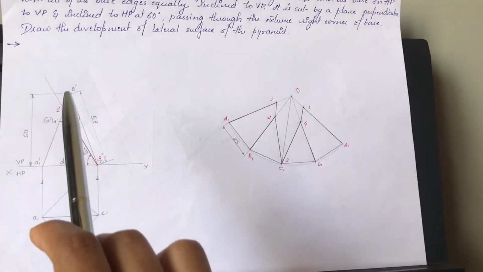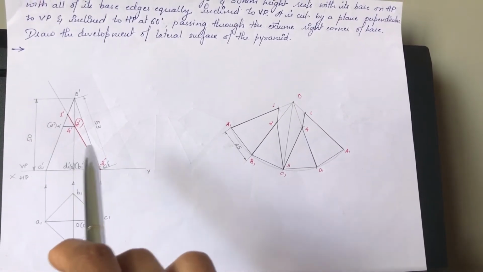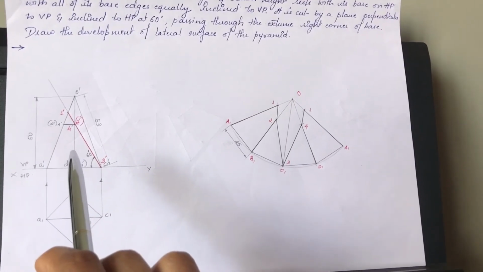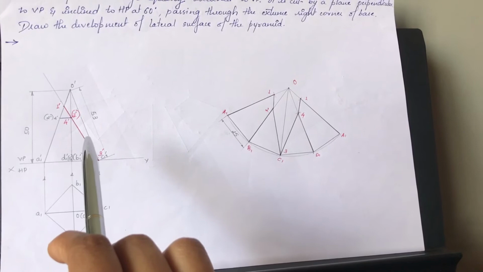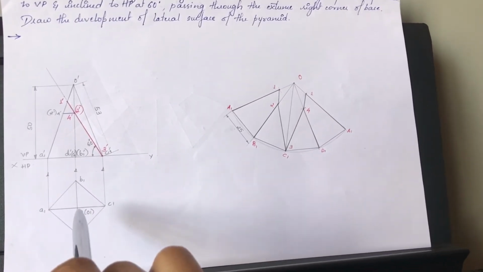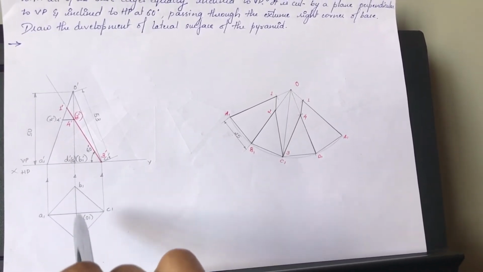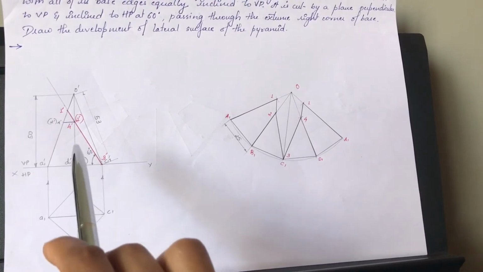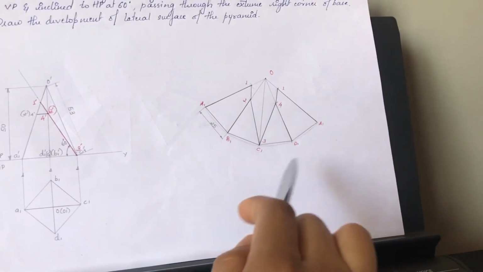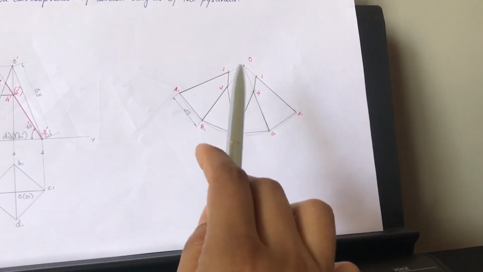Rather, if you consider O dash B1 dash or O dash D1 dash, the length of this edge and this edge will not be the same because this is in its apparent dimension, whereas this is in its true dimension because the edge OC1 is parallel to the XY line. Edge OA1 is parallel to the XY line, whereas edges OD1 and OB1 are not parallel to the XY line, therefore they are not in their true lengths. But you have to consider true length because that is one of the basic principles of development, that for development all the dimensions should be in their true form.